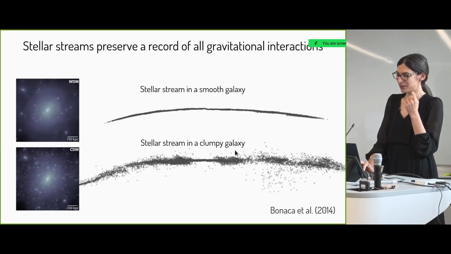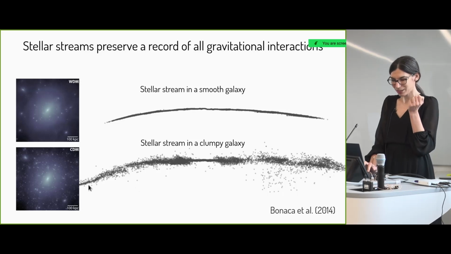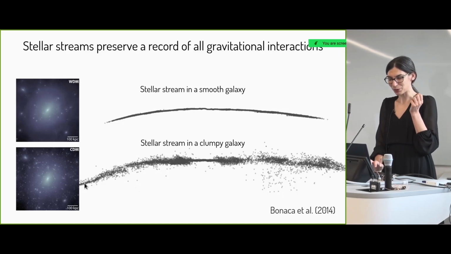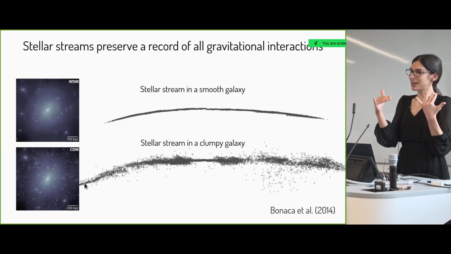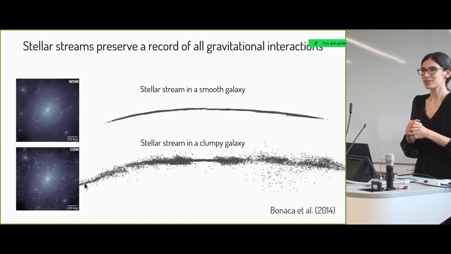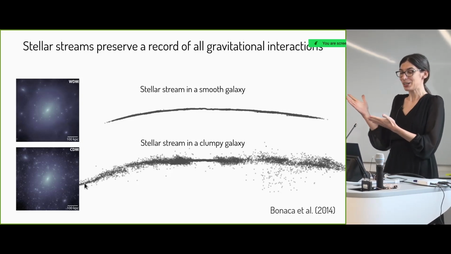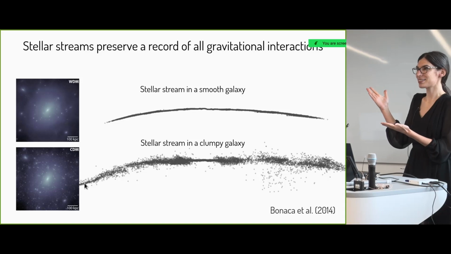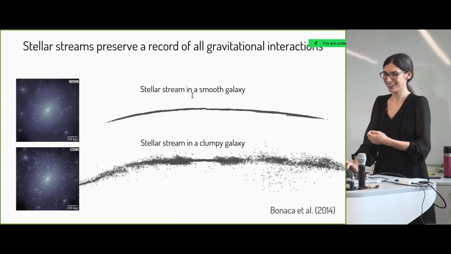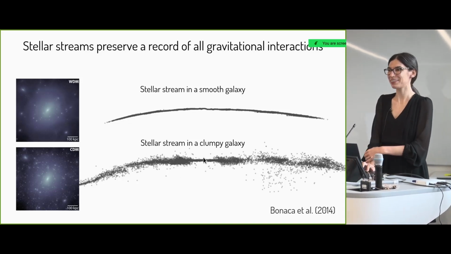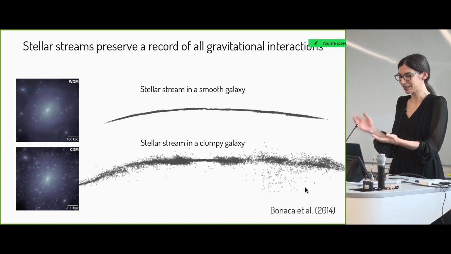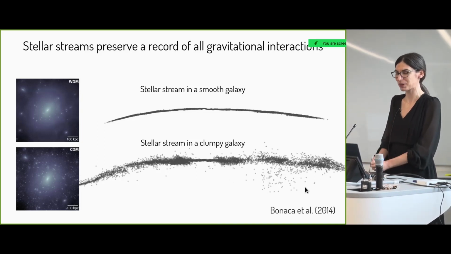but it has a lot of these density variations along the stream. So there's an overdensity and then a gap or an underdensity, and some stars scatter out of the stream. And here on the left, even a part of the stream looks to be completely detached from the rest of the stream. And so this has become the experiment that we as a community want to make: to observe stellar streams in the Milky Way and see whether they're more like the one on top, or if they have evidence of encounters with potentially dark matter subhalos as well.